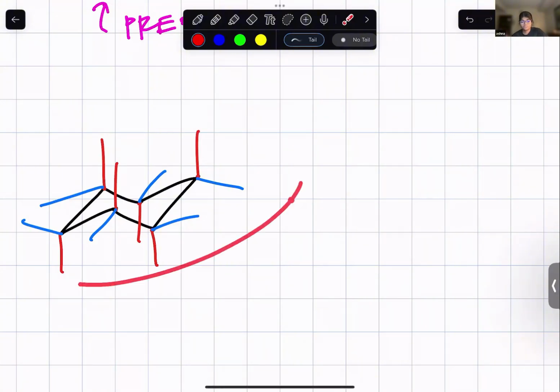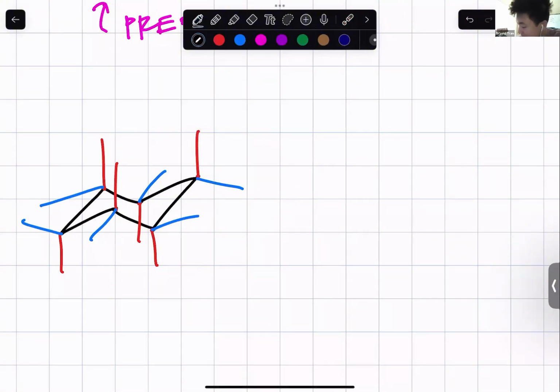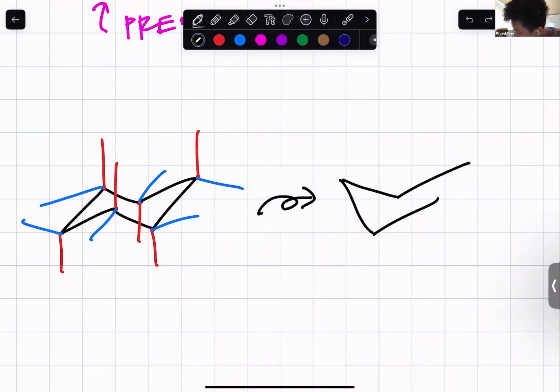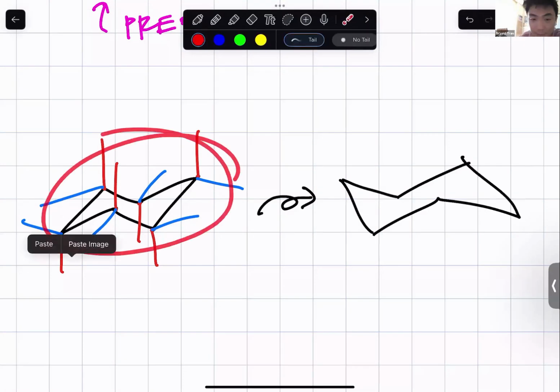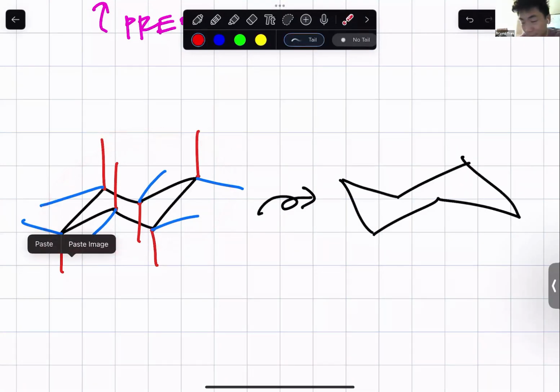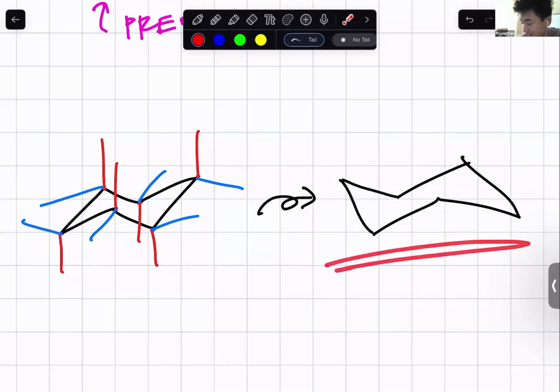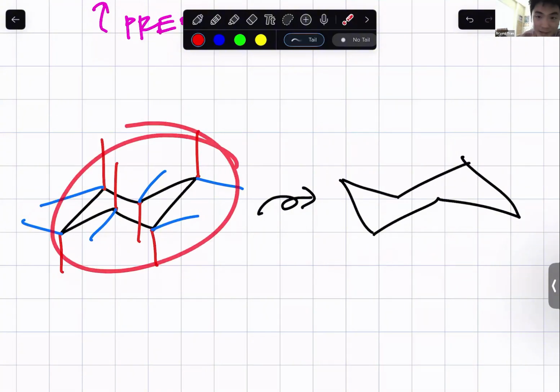Okay, now this is the tricky part here, trying to convert this one chair conformation to this other chair conformation with the exact same numbering, right? So how do you guys want to number this? It doesn't matter how you number it. The thing that matters a lot is how you flip it, right? You gotta stay consistent. So where do you guys want to number our number one atom here? It doesn't matter.